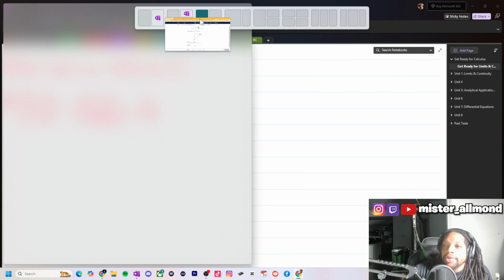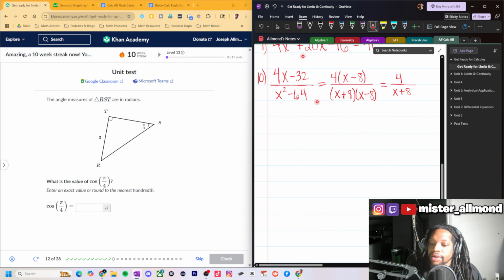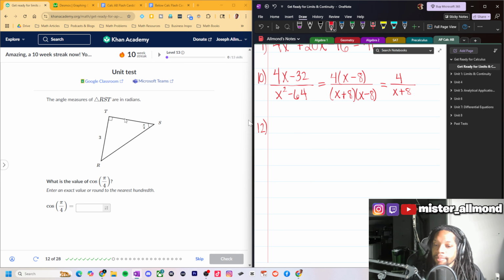Let's try it. I'm going to go side by side just for a little bit. Hopefully y'all can still see this. But for number 12, here's what I'm going to do. Because we know cosine is adjacent over hypotenuse, neither of which we have, we got to find adjacent and hypotenuse first. So I'll use what I have, which is the opposite. I know sine is associated with opposite. So I could say sine of pi over 4 equals our opposite, which is 3, over